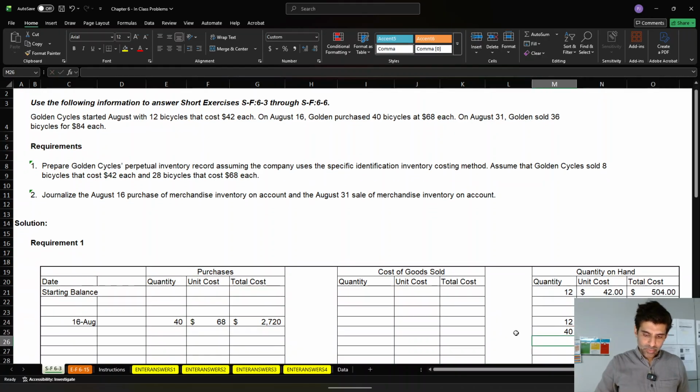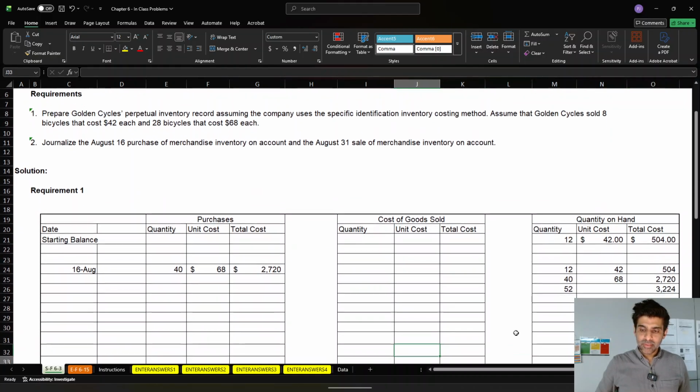Okay, so let's just be clear. We have a total of 52 units, and the total value of those 52 units is $3,224. Okay, so